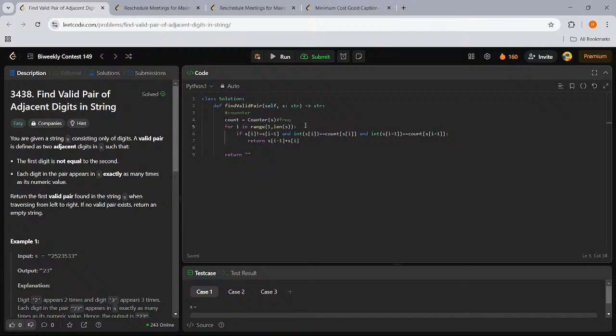For i in range 1 comma length of s, if adjacent are different. Now, the second one, again, same case. Why are we using if? This is for if